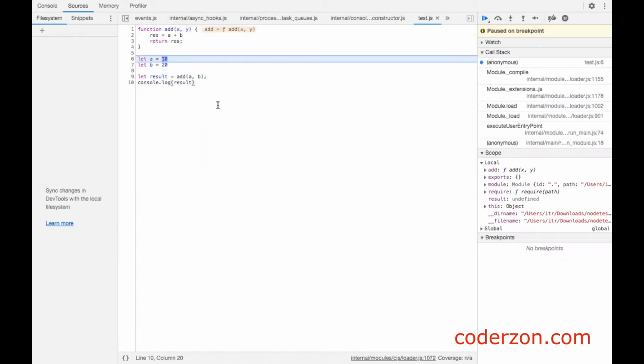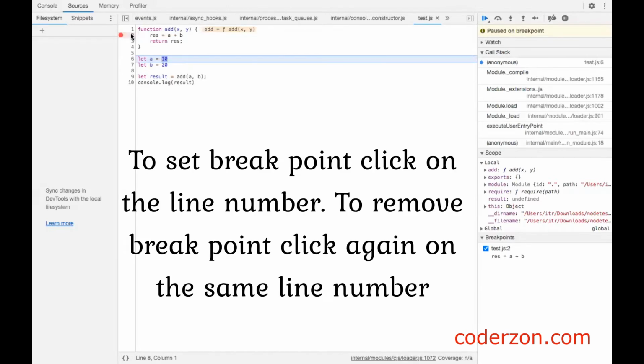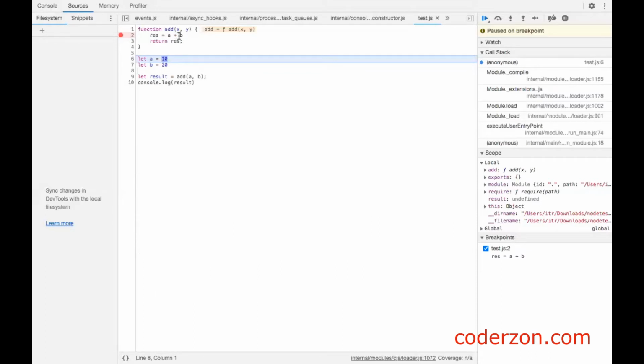If you want to debug the program, we need to set the breakpoint. For example, if you want to see what is actually happening inside this particular program, we need to set a breakpoint somewhere here. When the logic inside this particular program gets executed, the program stops there. So we can see what is actually happening. So here I'm setting a breakpoint here and here.